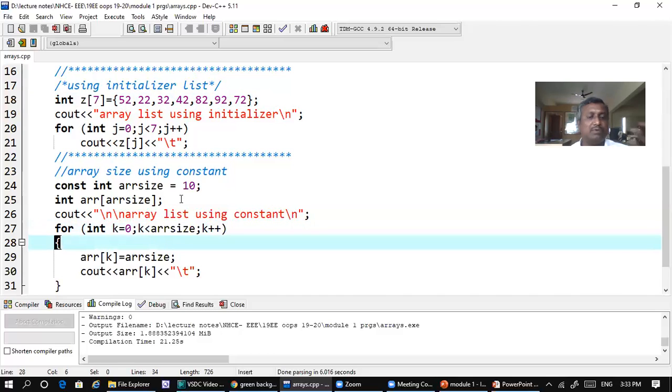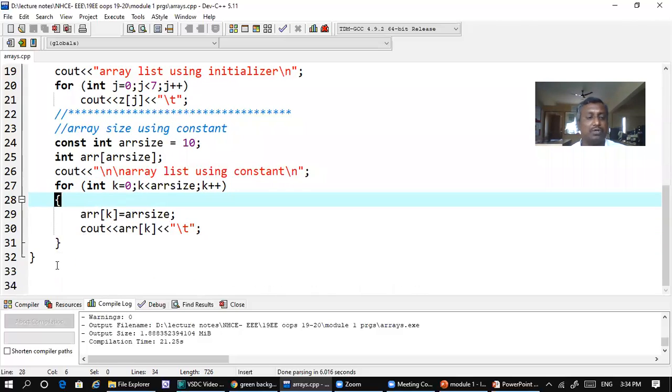So dynamically we can vary this. Wherever the array size is there, it is going to take the effect of the value 10. Similarly, depending on the k value, the corresponding value will be fetched from the memory locations. And using a tab, we conveniently print the values on the screen. Okay, now let's run it and see how it's working.